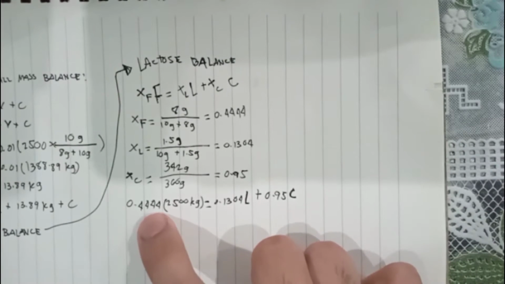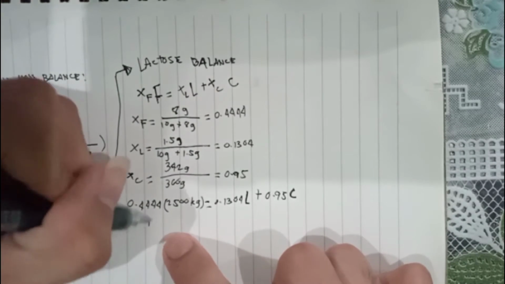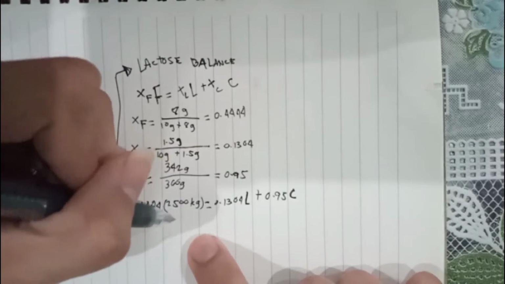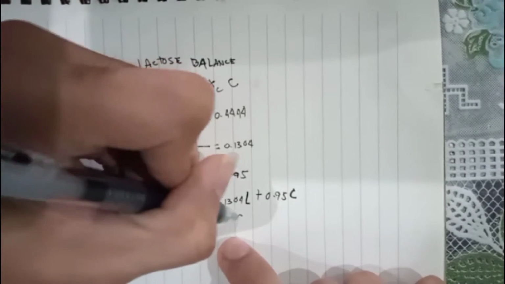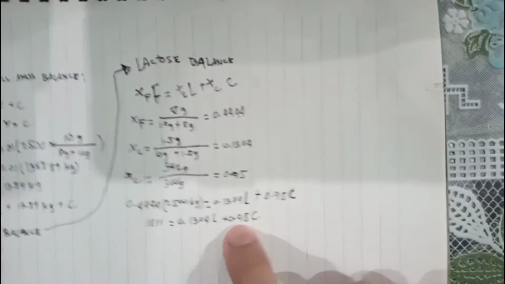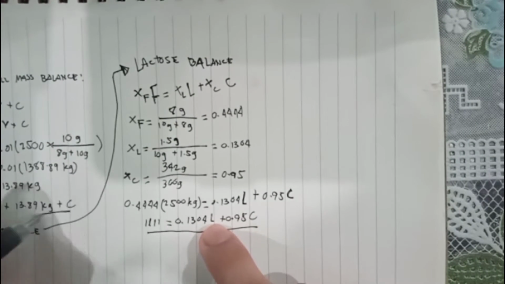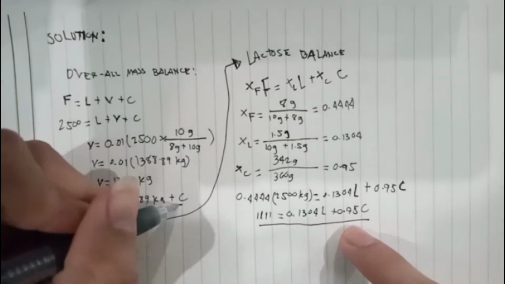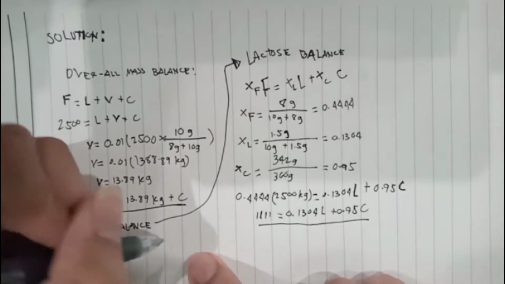Now 0.444 times 2,500 kilogram is equal to 1,111, equal to 0.1304 L plus 0.95 C crystal. And we can get our L and C, or the value in the liquor and the crystal, by using our calculator for two unknowns, and